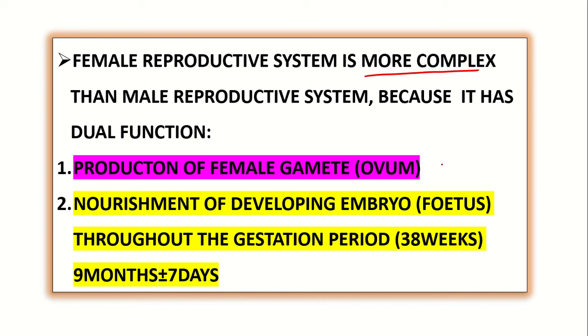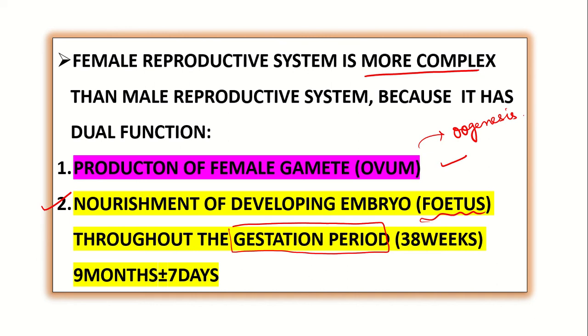First one is the production of gamete, that is the ovum, the female gamete, through the process oogenesis, whereas in the male reproductive system it was spermatogenesis. So the first function is to form the ovum, and the next function is to nourish and to develop the embryo, or the nourishment of developing embryo, which is known as fetus, throughout the gestation period, means the whole developmental period through which the zygote develops into a complete baby, or the baby remains in the mother's womb throughout the